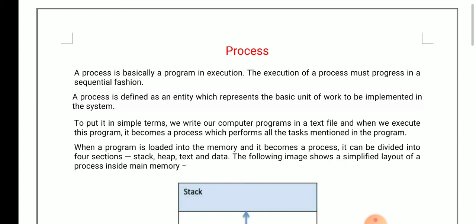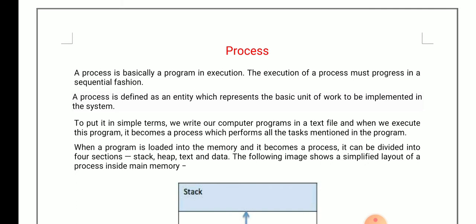Okay, so now what is a process? So whenever you are executing a program, or you can say that whenever our program is in execution mode, it is known as a process. Okay, here we are covering two things. Number one is program and number two is process. What is a program? A combination of codes which is used to perform some specific task. Then a process is a program in execution mode. Okay, so whenever you are running your program, at that time this program is known as a process.